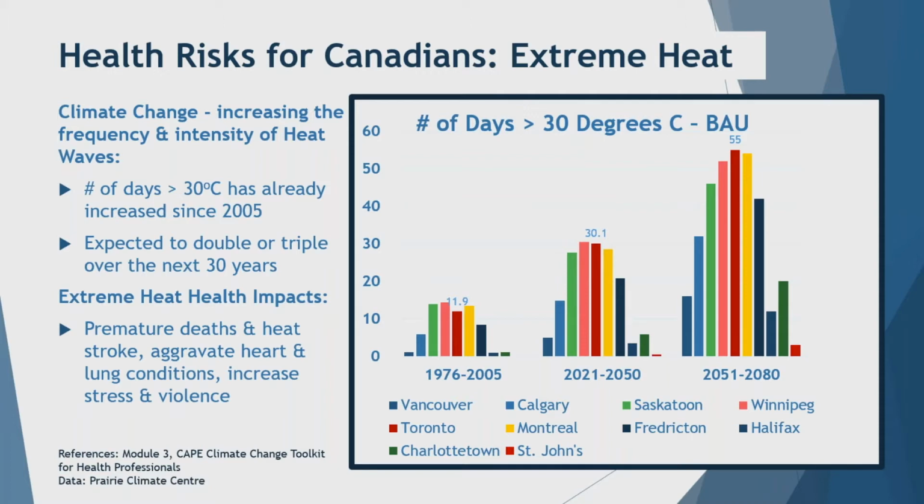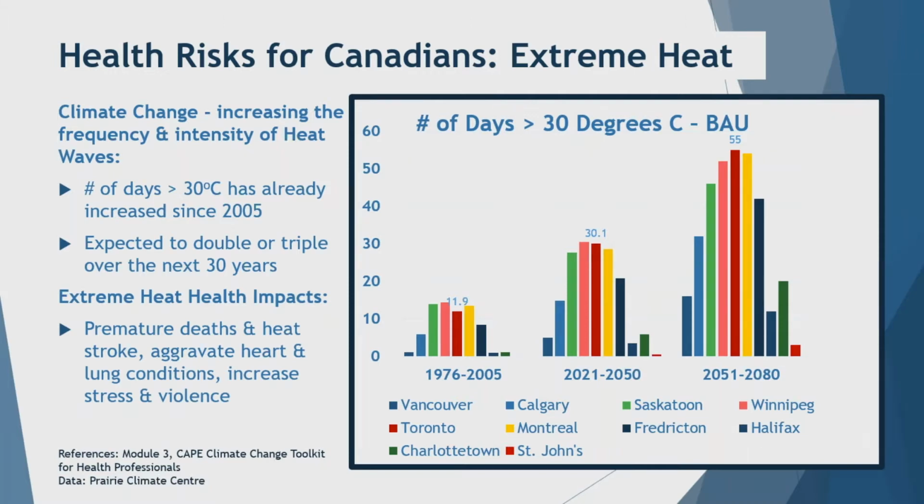There's a number of factors that influence how we're affected by heat, but the number of days over 30 degrees isn't a bad indicator, something that we can all relate to. I know, for example, in 2018, when we look at the weather station in downtown Toronto, there were 21 days that year that had temperatures of 30 degrees or higher. So if you think about that, 21 days compared to what it used to be, which was maybe 10 days